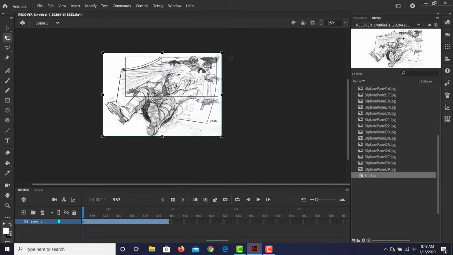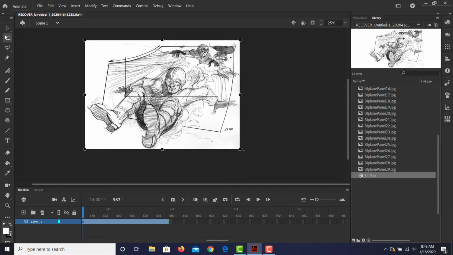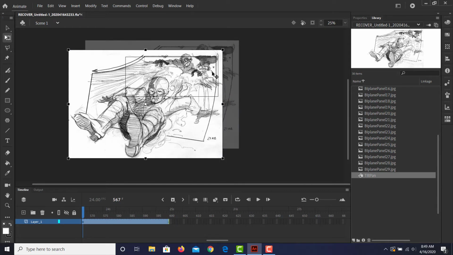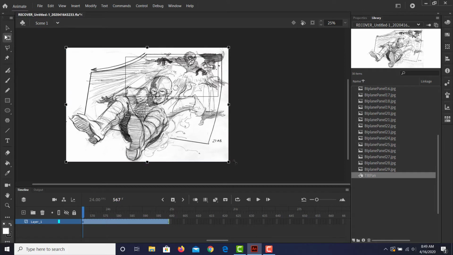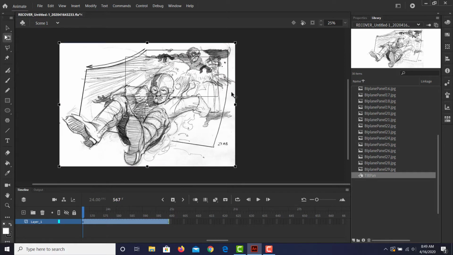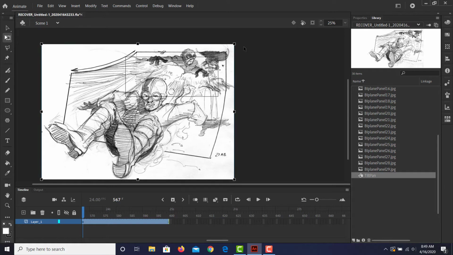And I'm going to zoom out a little bit more. I'm going to hit Q, and I'm going to hold down the Shift key just so everything stays proportional. And I'm going to scale up my image, holding down the Shift key, making sure it's proportional. I'm going to scale up my image so that it fits